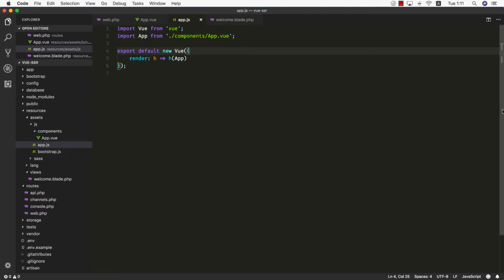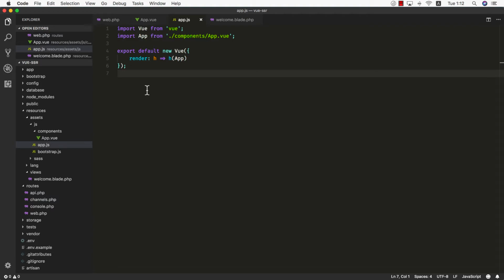So all the main logic of our Vue.js app will stay inside the app.js file, but we'll have to call it differently from both the server and the client entries. We would like to create two separate files, one for the client and another one for the server. Both of them will import this file. This is the root Vue instance we export from here, and we'll have it imported inside the server and the client side. But first I want to create a controller inside our Laravel application,